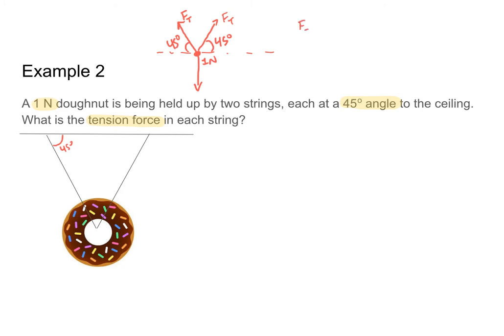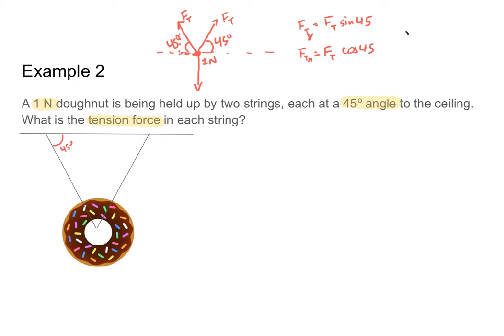So for both tension forces, what I will find is that Ft in the y direction is equal to Ft times the sine of 45, since my y component of my tension force is opposite my angle, and Ftx is going to equal Ft times the cosine of 45, because my x component of my force is next to the angle that's given. This is going to allow me to figure out